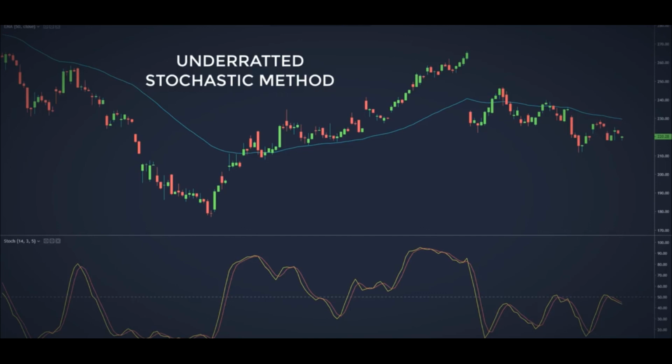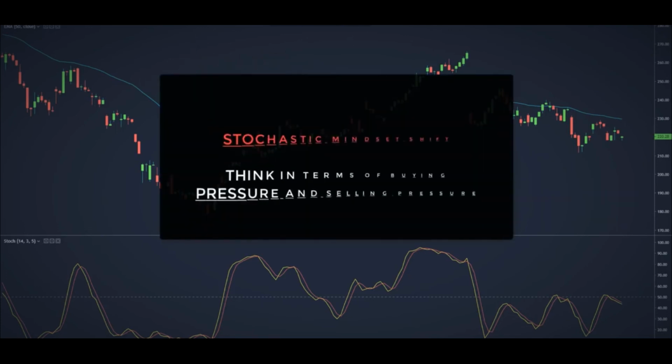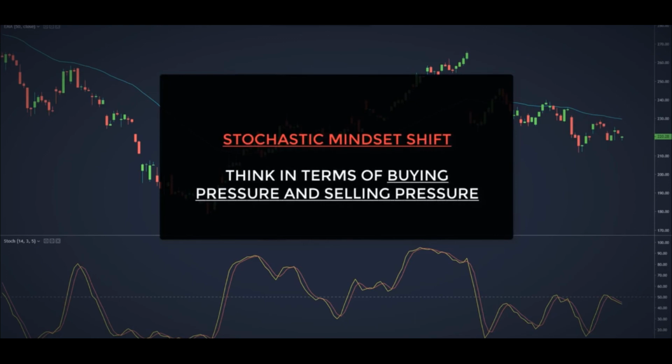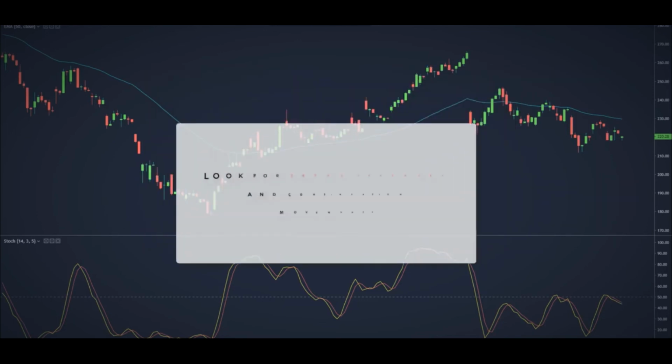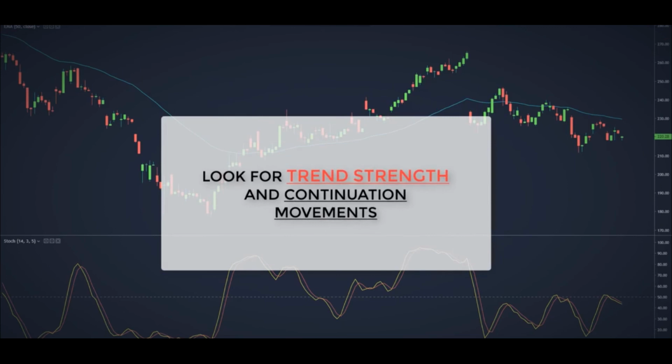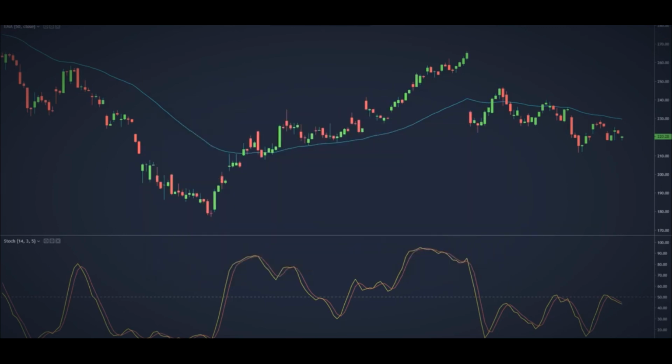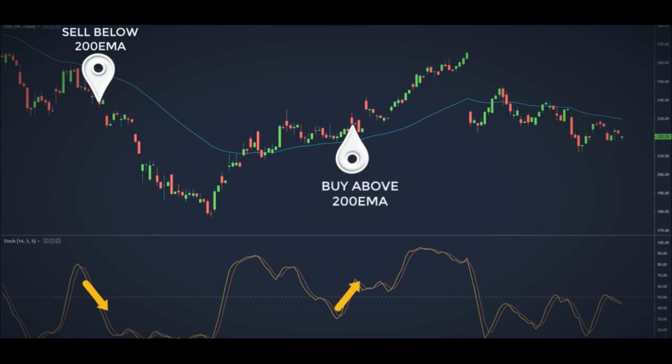Like I said before, the big problem is that many traders see the stochastic indicator mainly as an overbought and oversold indicator. Instead of thinking in terms of buying pressure and selling pressure, their first impulse is to seek overbought and oversold areas. That's why a smarter way is to look for trend strength and continuation movements. A 50 level crossover of the stochastic indicator could be a solution, but only in combination with other tools. By combining it with other tools, you avoid getting beaten by the market because after all, stochastic is a